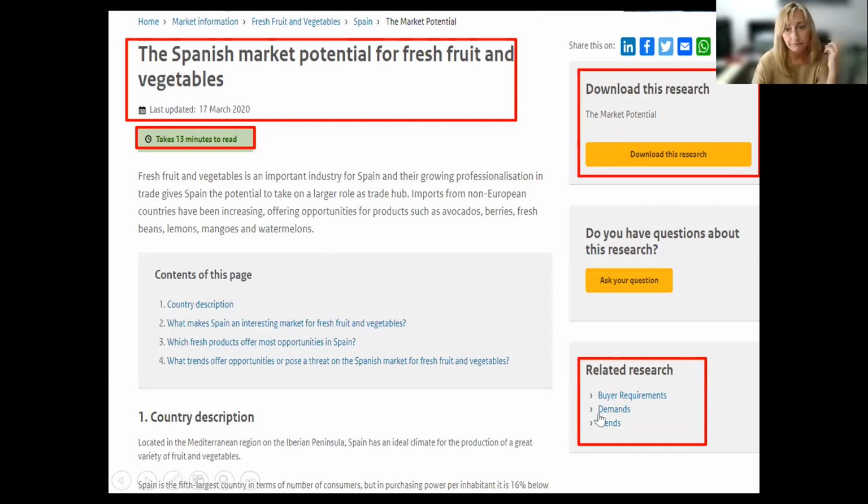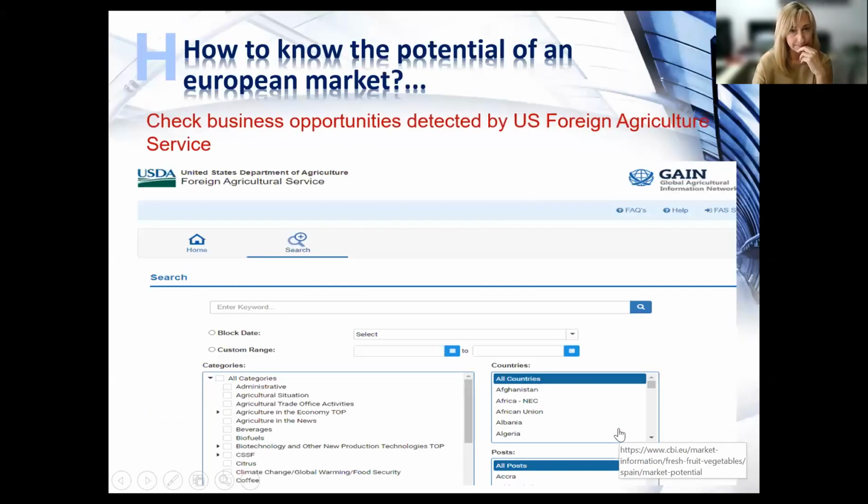You also have related research by your requirements, demands, the trends, okay? We are talking about exporting fruits and vegetables to Spain, okay? And look at this, it has very good information, okay? But